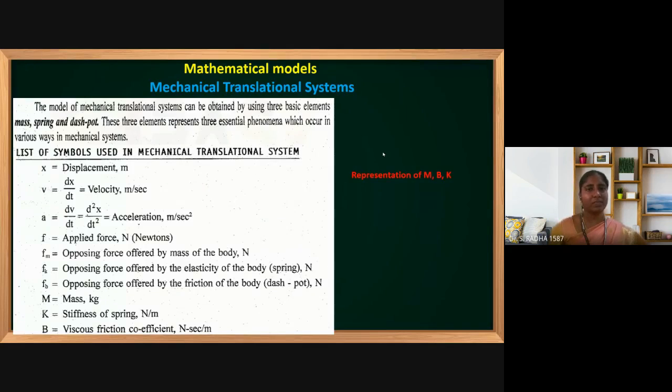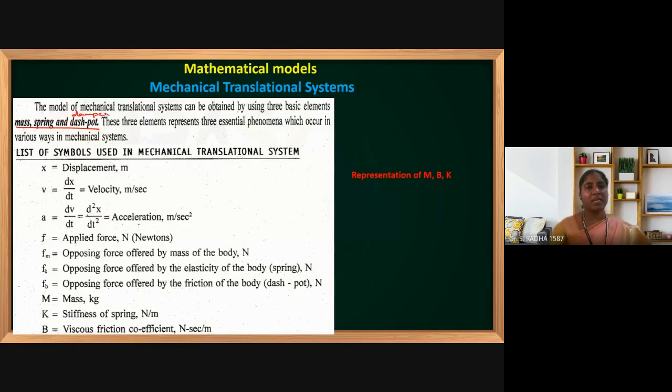After completion of this equation model, we will go to the graphical or pictorial representation of a machine or a system. And if you see, for writing the equation or mathematical model, we need three components. Any machine, any system is represented using three components for making the mathematical model. Any machine, for representing in mathematical model, we need three components, and those three components are mass, spring, dashpot. Sometimes this dashpot is also called as damper.